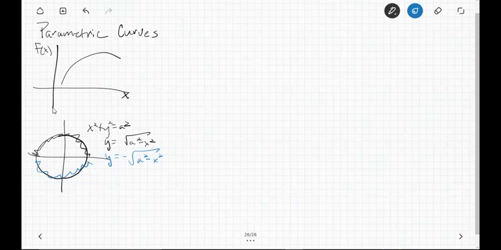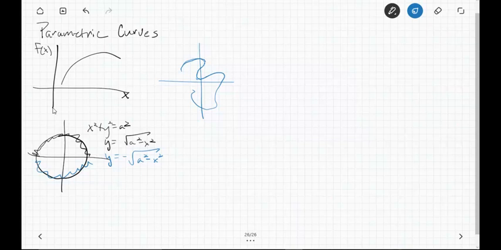There's a bit of a problem though. What if I have a curve that does something like this, like a bug crawling across a table? Now we're in big trouble, because what am I going to do? Am I going to bust this thing up into, okay, that kind of looks like a function, and then I can grab this little way, and that doesn't work. So what we do with parametric curves is